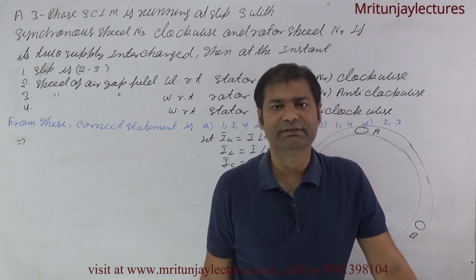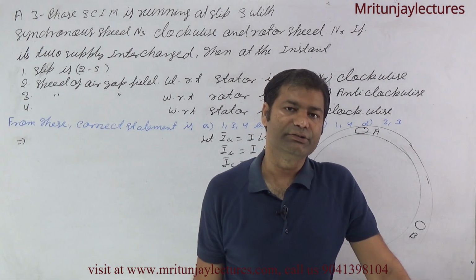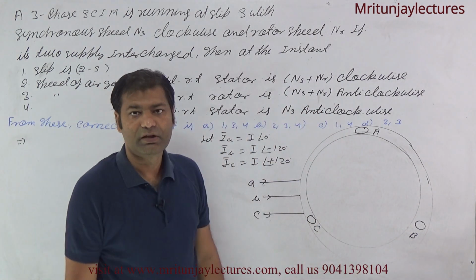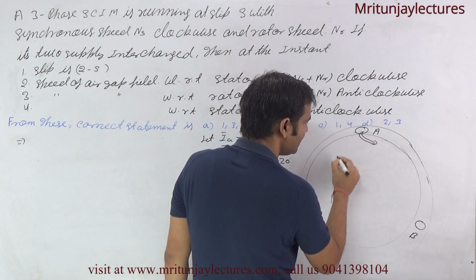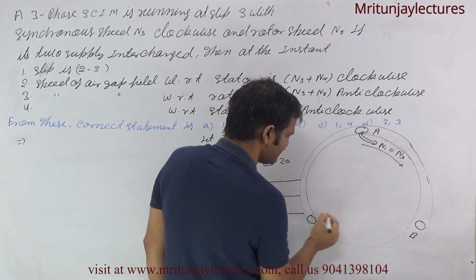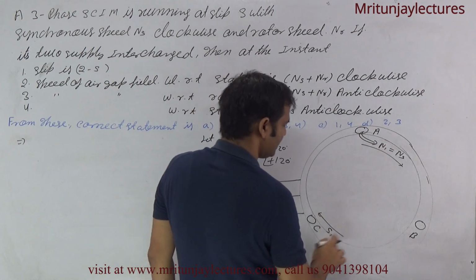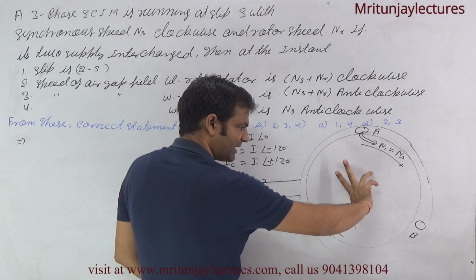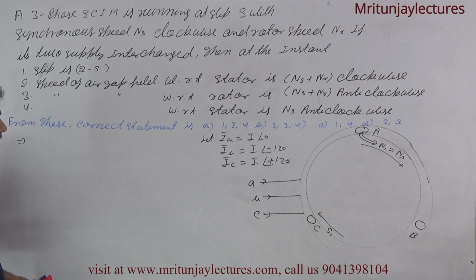If the three-phase balanced winding is supplied with three-phase balanced current corresponding to ABC, then the stator rotating magnetic field with respect to the stator winding is in which direction? That is clockwise. It means if you sit on the stator winding, the field moves at speed ns in the clockwise direction, that is the S1, N1 and S1 poles. The stator magnetic field rotates corresponding to this one. Is it clear what I am saying?